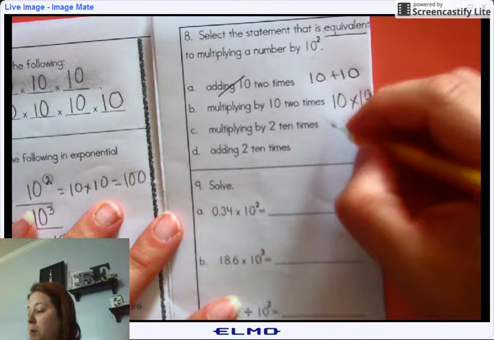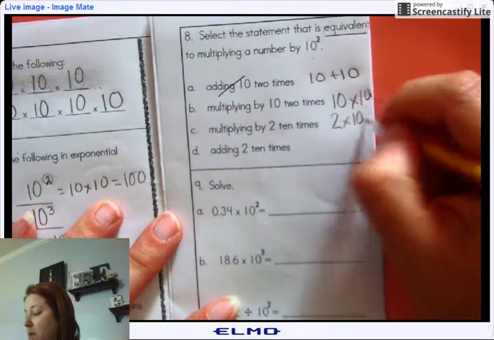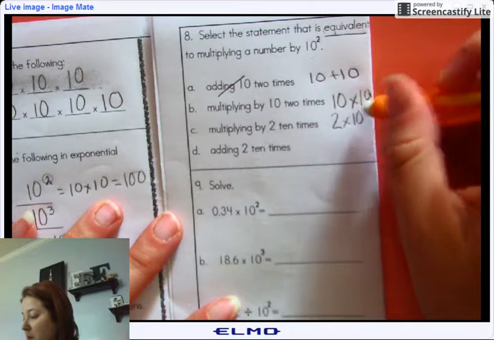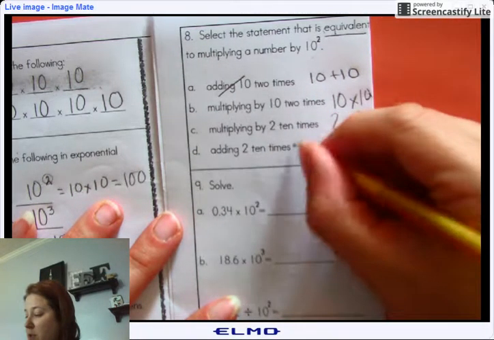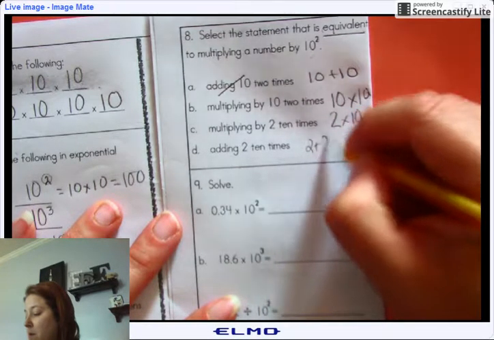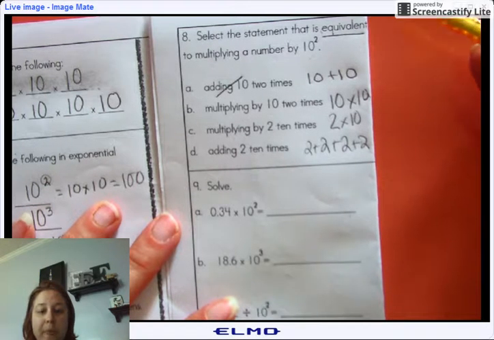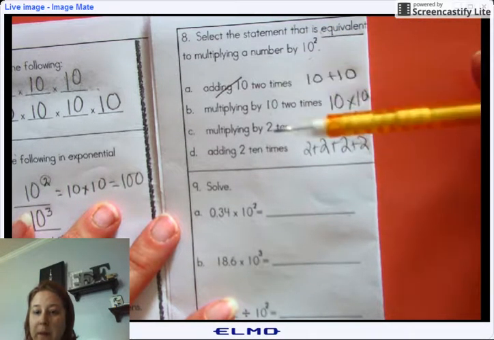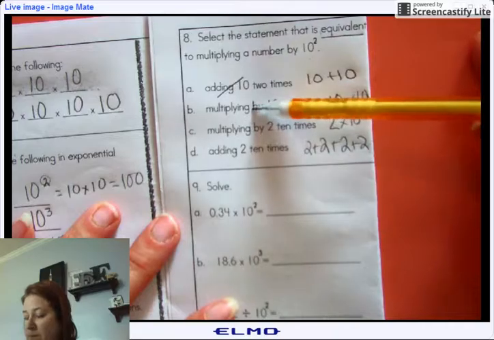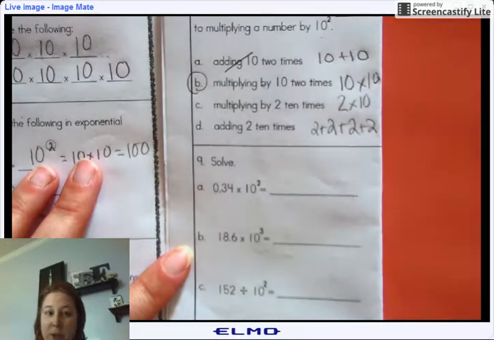Multiplying by 2 10 times. Or adding 2 10 times. So our answer can only be B. Please make sure you have it circled and you have approached